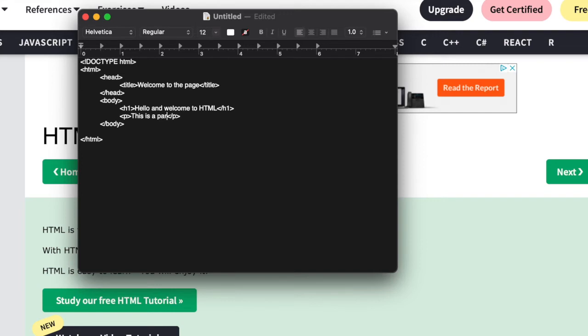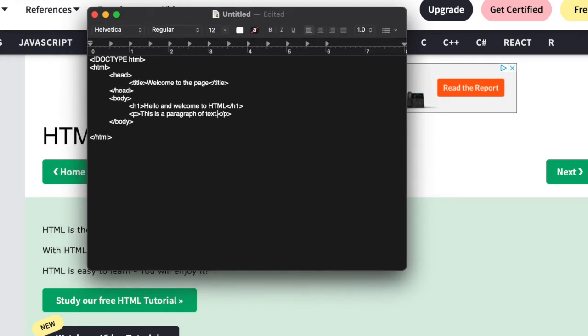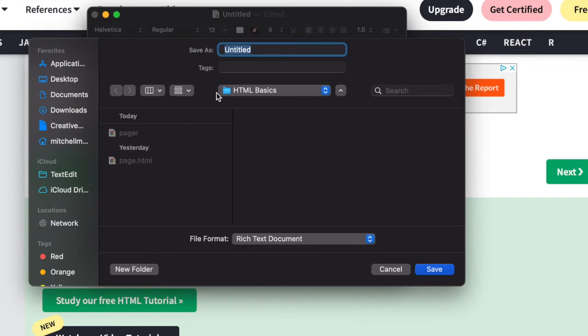This is a paragraph of text. So now we save this, okay? We save this, and here's where I'm going to point out an issue with MacBook. This text editor is asking for a title. So I'm going to give this a title and say